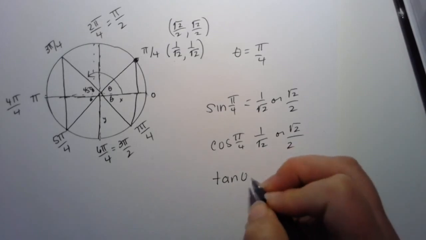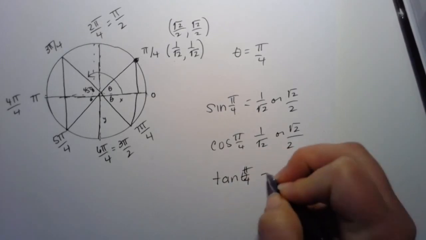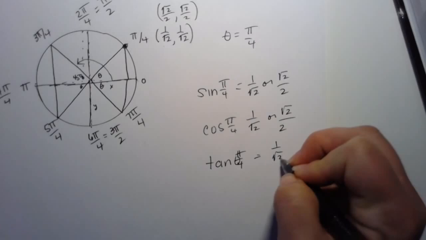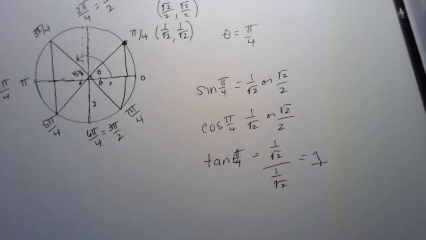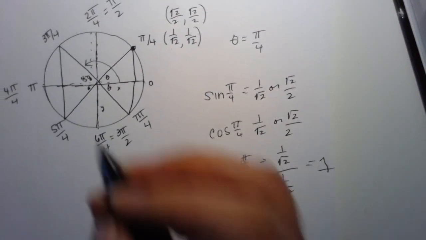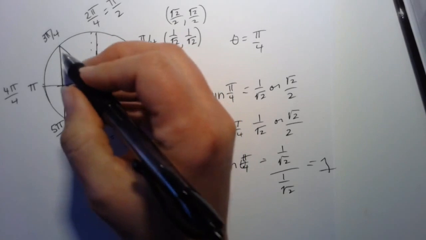So tangent of pi over 4 is, I can think of it as 1 over the square root of 2 divided by 1 over the square root of 2, which is, in fact, 1, okay? So that's pi over 4. Now, over here, at 3 pi over 4,